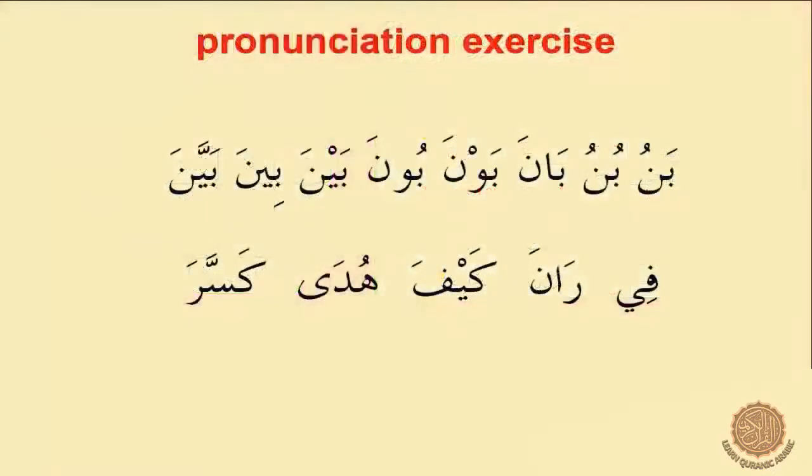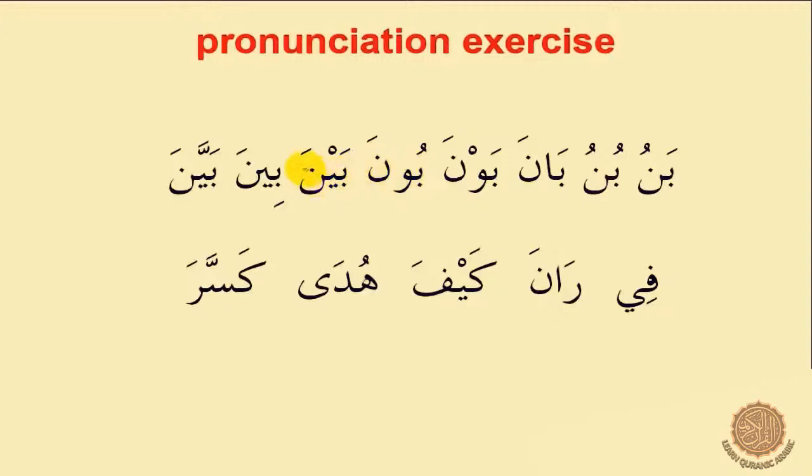Bismillahir Rahmanir Rahim. Now this is a pronunciation exercise from what we learned so far. So the first one is, it's ba-nu. Banu. Next one is bu and nu. So it's bunu. Next one we see has a long vowel. So it's bana. Not bana, bana. Next one, there's sukun there on the vowel, so it's bow-na. Bow-na. Next one is a long vowel as well. It's the u sound, so it's boona. Boona. The next is